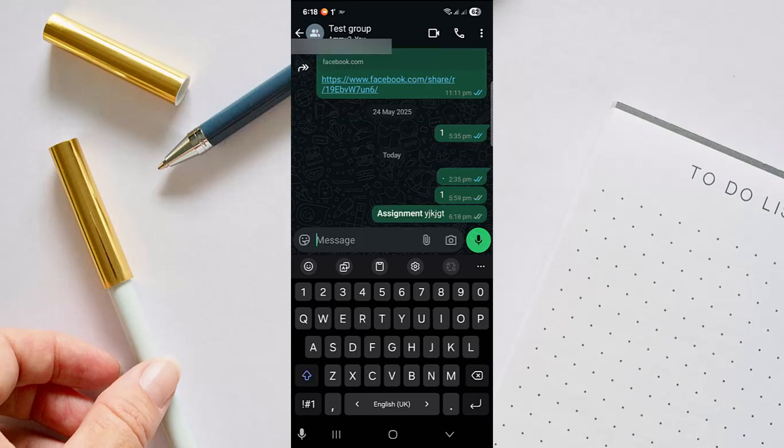As you can see, the word that we made bold is sent with bold letters. So yeah, this is how you can send